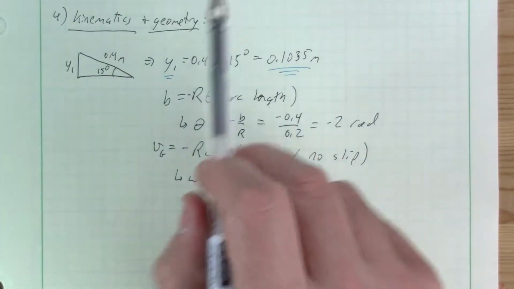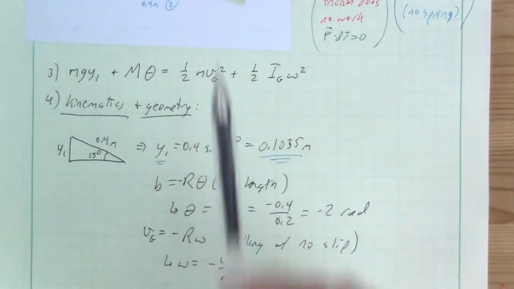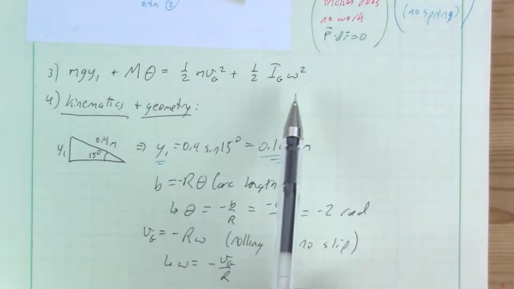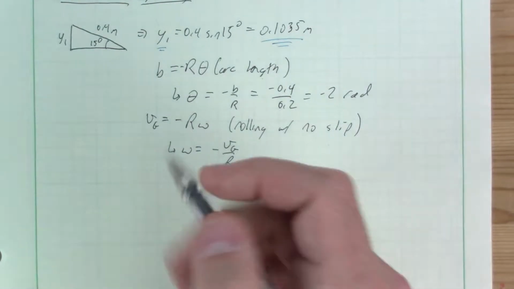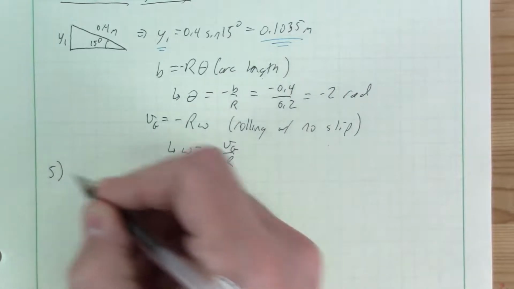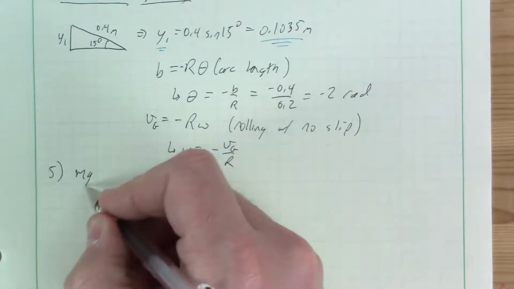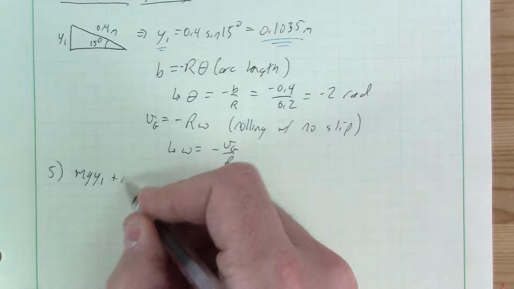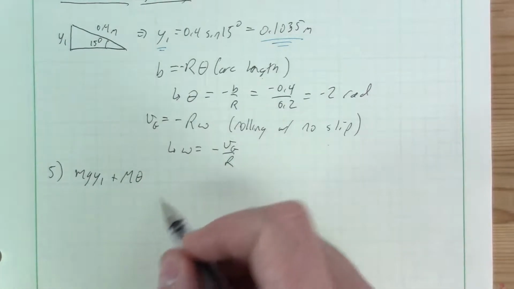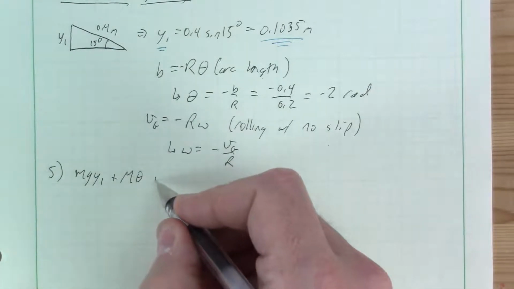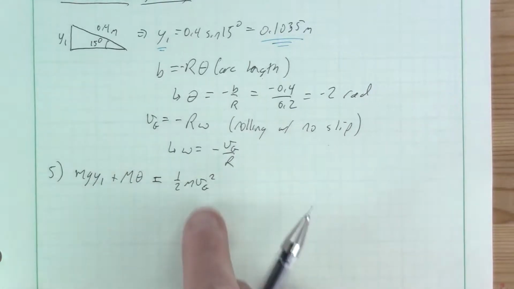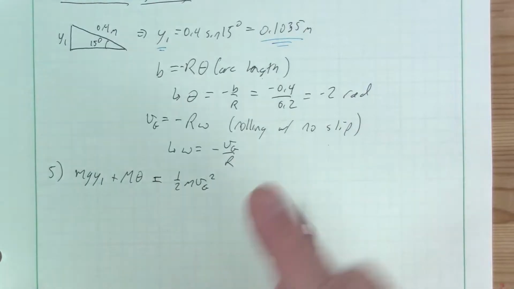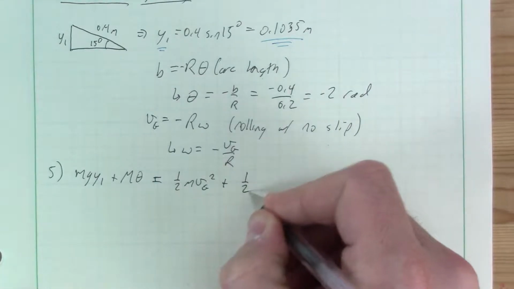If you look up there, back to our energy equation, we now have everything written in a way where we should be able to just plug in and solve for VG. So let's try it. Let's go back and plug things in. We have mgy1, those are all known. We have M theta, and we now have values for all of those things. That equals 1/2 m vg squared, which is what we're looking to solve for. Everything else is known. Plus 1/2